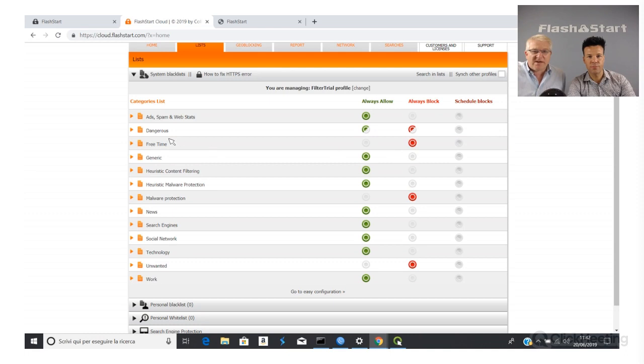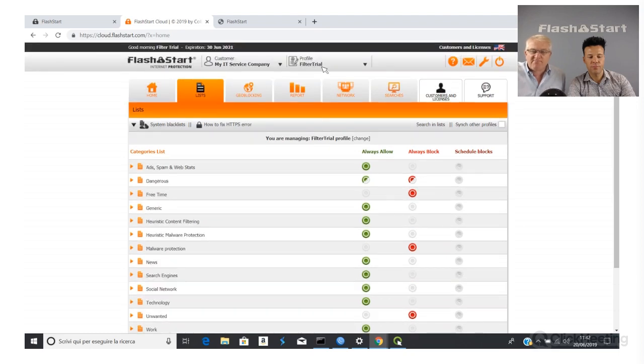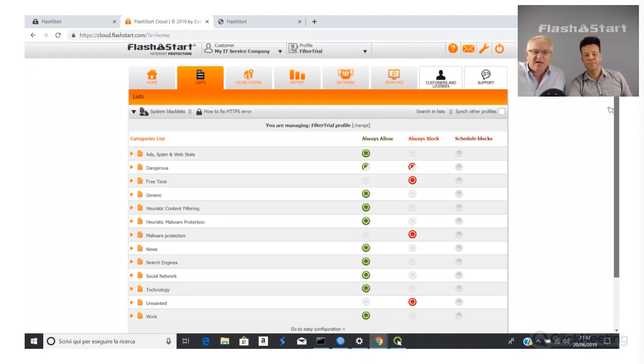Okay, and when I make these changes within here, they apply to the filtering trial profile on all of its communities. So it's quite useful if you've got schools and you want to have it for under 11-year-olds. If you're dealing with sales departments and want to have a common profile there and apply it across all sorts of different groups of the same company, locations in the same company.